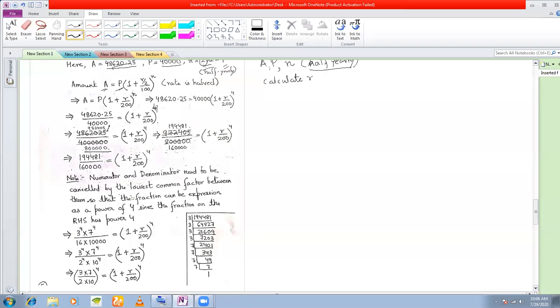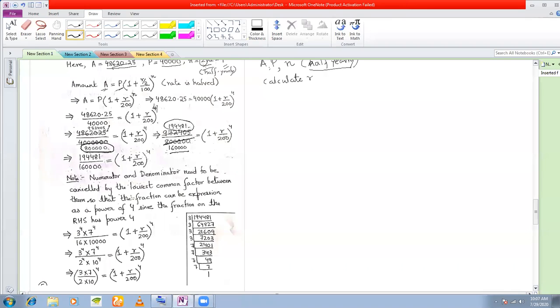Now what I see is that even this number after cancellation is not a power of 4. Is this a power of 4? It is not a power of 4. Can this number be expressed as a power of 4? No. So what I do is I cancel further with again the lowest common multiple. And this time, what is the lowest common multiple? Again 5. So I cancel with 5 once again to get 16,000 and this.